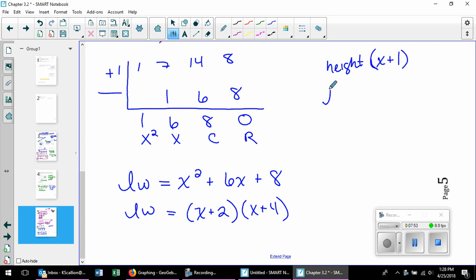We're going to make an assumption. We'll say the length is x plus 2, and the width is x plus 1. Just for fun, you could have flipped it around, or you could have said the length was x plus 4 and the width was x plus 2. That would be fine as well. That's it. That's 3.2 in a nutshell. And you all did your homework without